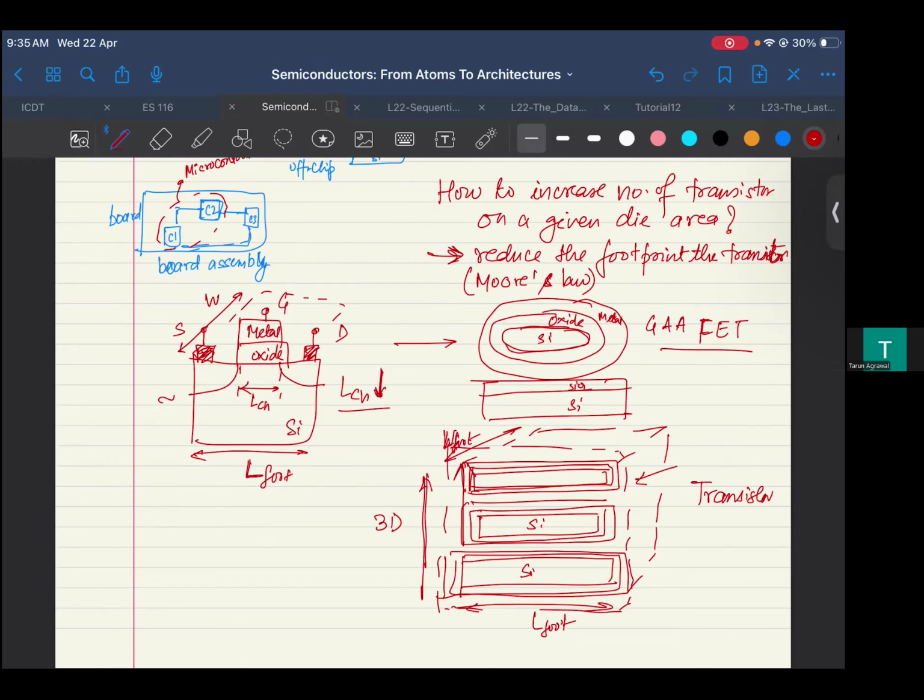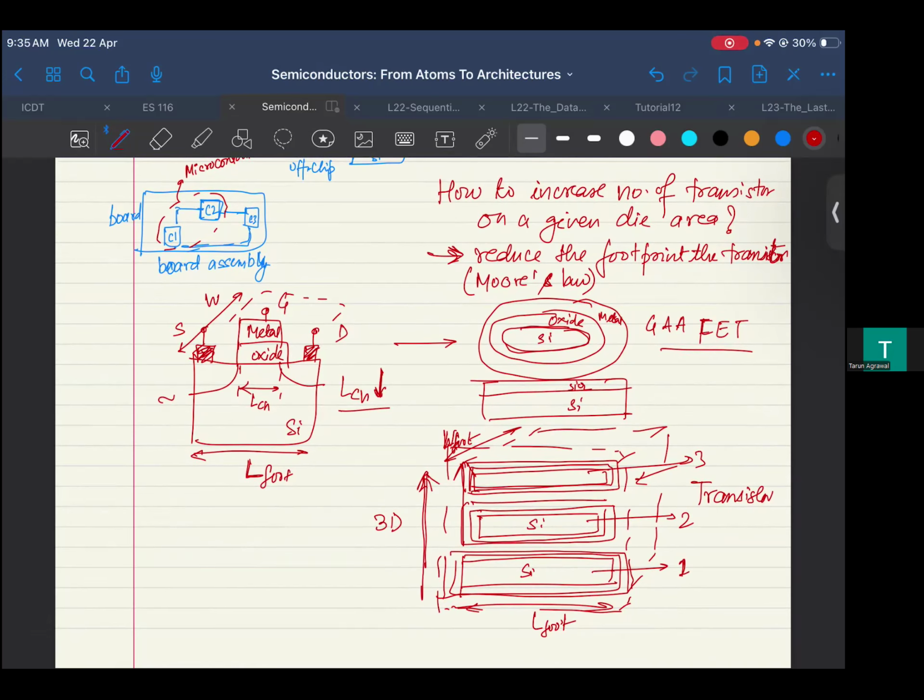Because you have now utilized the third dimension, you could put this transistor. So this is your transistor one, two, three. You are putting them on top of each other. So you have already turned the transistor itself 3D in this particular idea. How did you do that? Because you wanted to pack more and more transistors in the given footprint, right? That was the main goal. So that is the one thing you would see, things turning 3D, or already turning 3D,